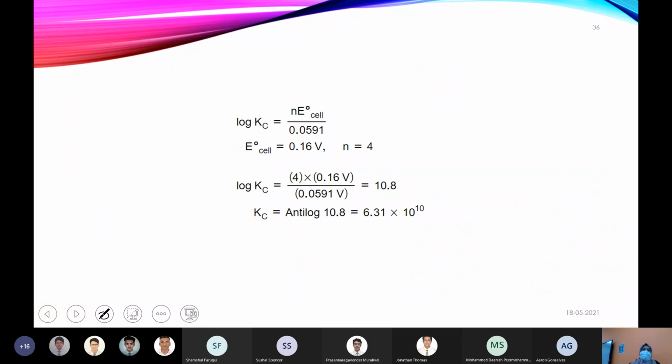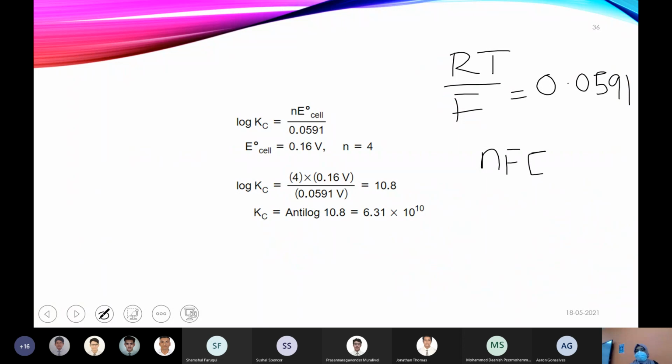Here they have already put all the constants together, so that's why they got 0.0591. That's one way of doing it. Because we know RT by F, if you take that, it will become 0.0591. Here it will come in the denominator because RT is in the bottom. That's why, instead of writing nE0 cell